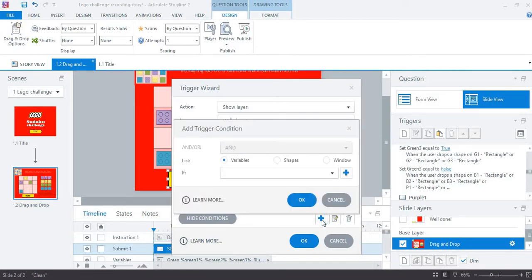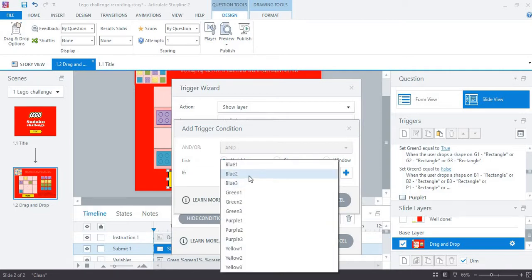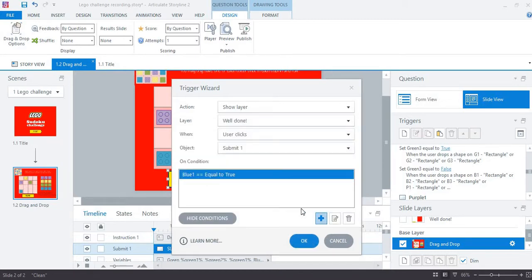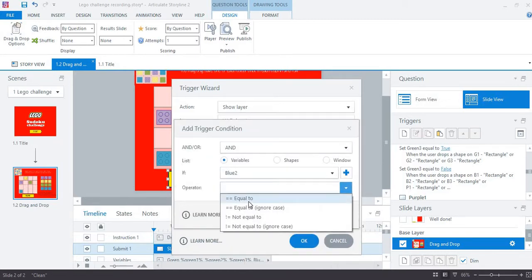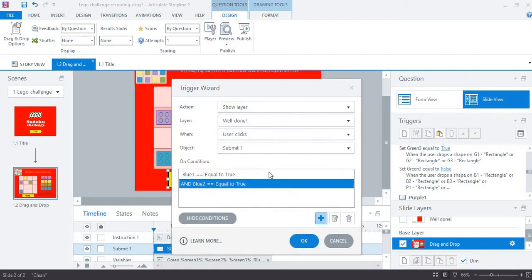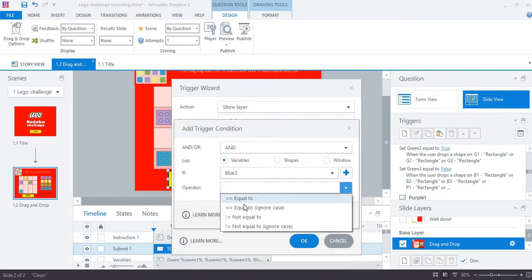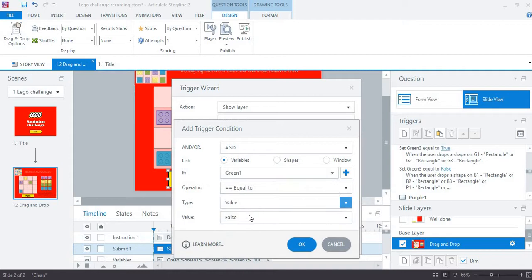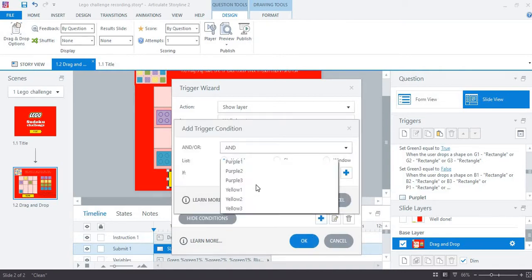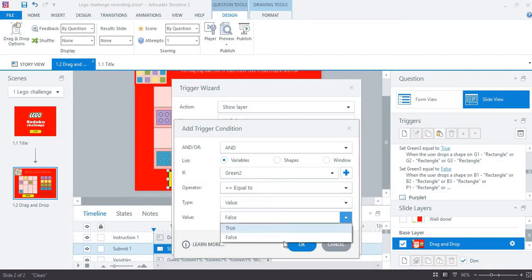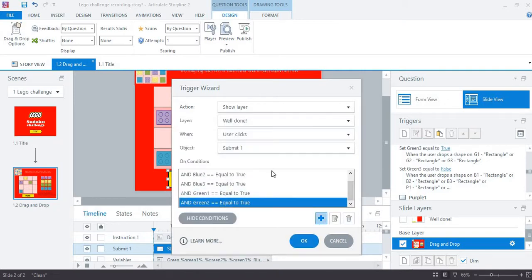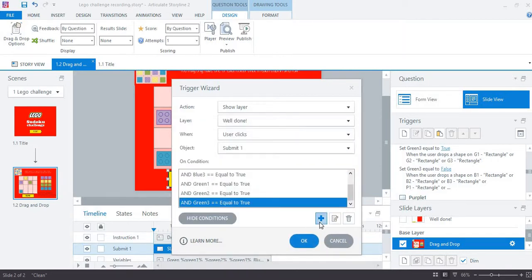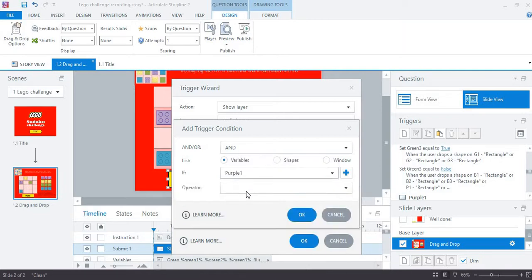So it's going to show the correct layer if blue 1 is true, and also all the other blues, and the third one, and then green. So all of these need to be true because we're saying that all the draggable items are in the correct location. So green and then purple,